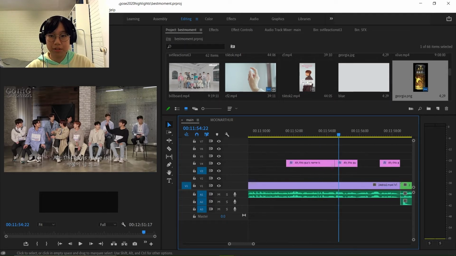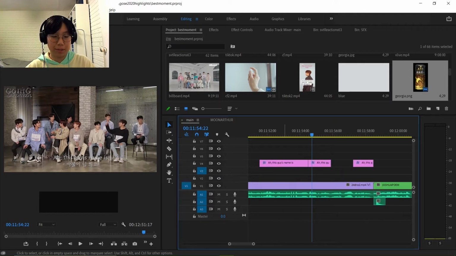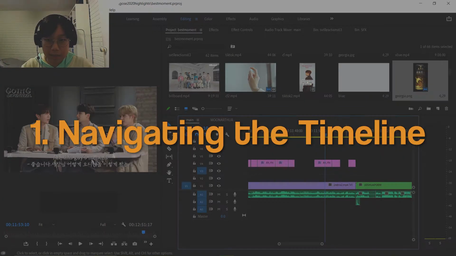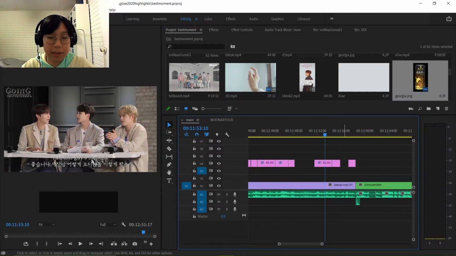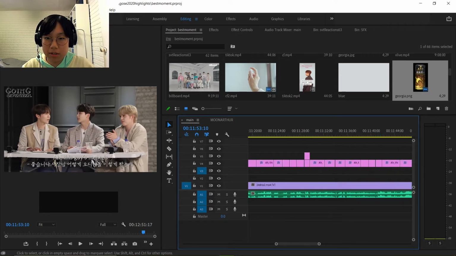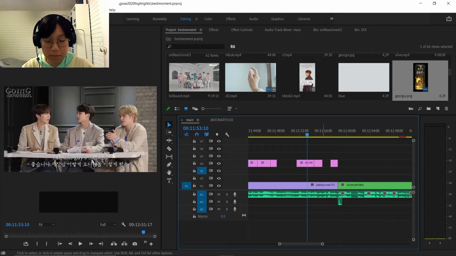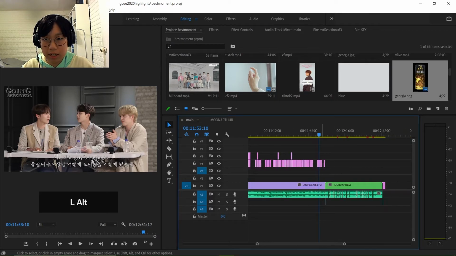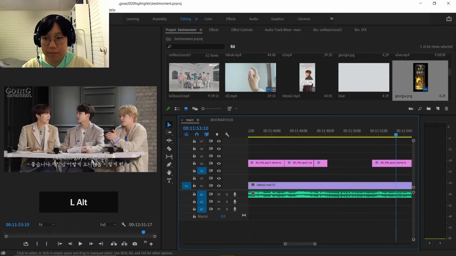So today I'm going to use the video that I'm finishing up working on to show you a couple of things. Let's start with navigating the timeline. I'll have a hand on my mouse and a hand on my keyboard, and if you just scroll back and forth, you can scroll backwards and forwards in your video. If you want to zoom in and out, you can hold down Alt and scroll out, and then you can scroll at a faster rate, and hold Alt again and zoom in.